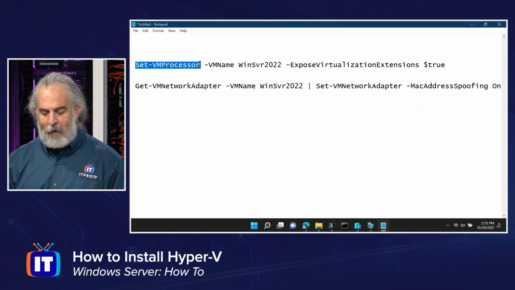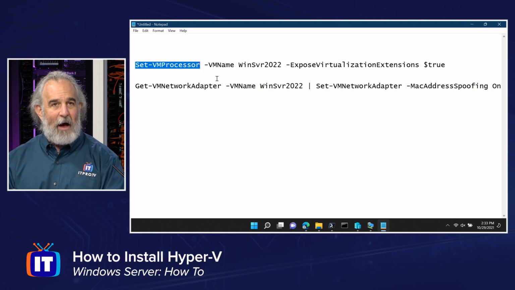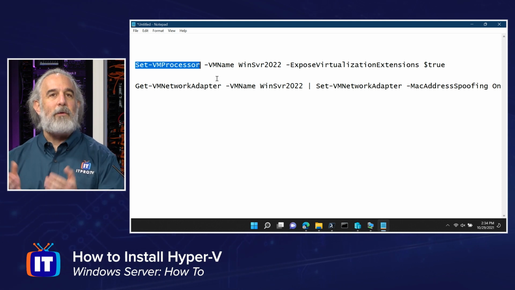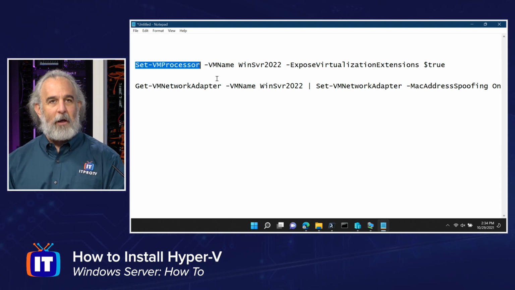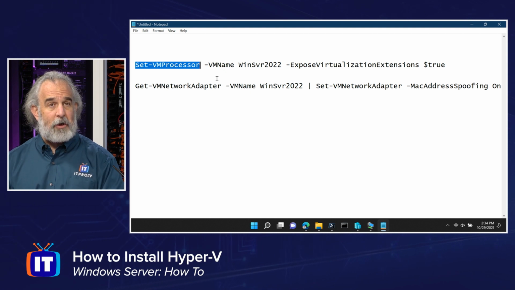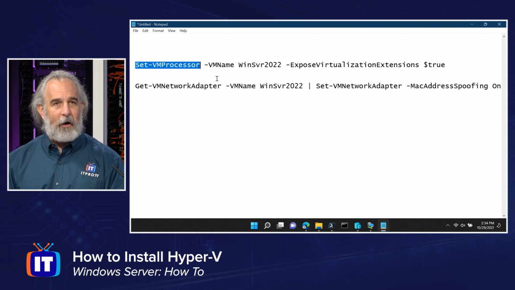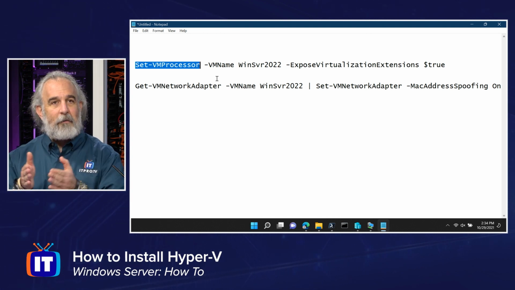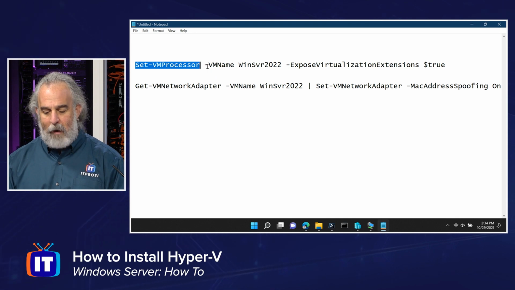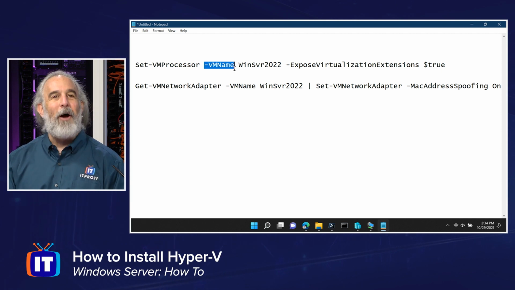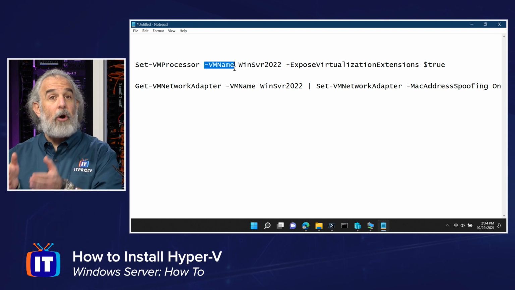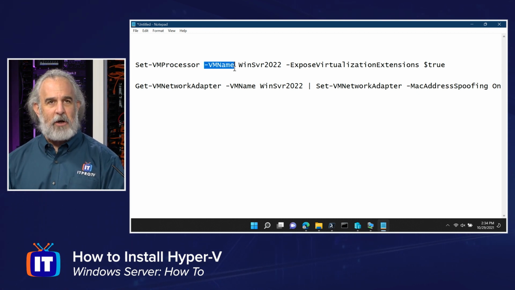The Set-VMProcessor cmdlet allows me to specify that the VM processor is going to be set and turned on to enable and expose virtualization extensions to support nested virtualization, but only for the targeted virtual machine that I want to work with. So in other words, this cmdlet is instance specific, and we must use a parameter. The parameter is called VMName, and that parameter, let me highlight that, there we go. VMName simply tells the Set-VMProcessor cmdlet, hey, turn on and expose these virtualization extensions, but only for